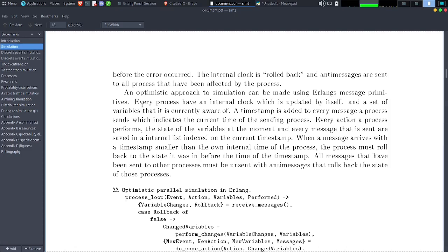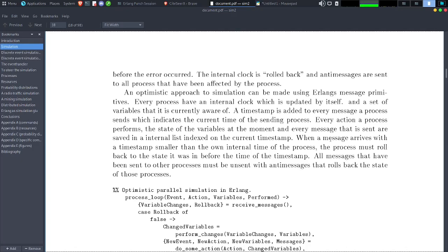Every process has an internal clock, which is updated by itself based on the set of variables it is currently aware of. A timestamp is added to every message a process sends, which indicates the current time of the sending process. For every action a process performs, the state of the variables at that moment and every message that is sent are saved in an internal list indexed on the current timestamp.